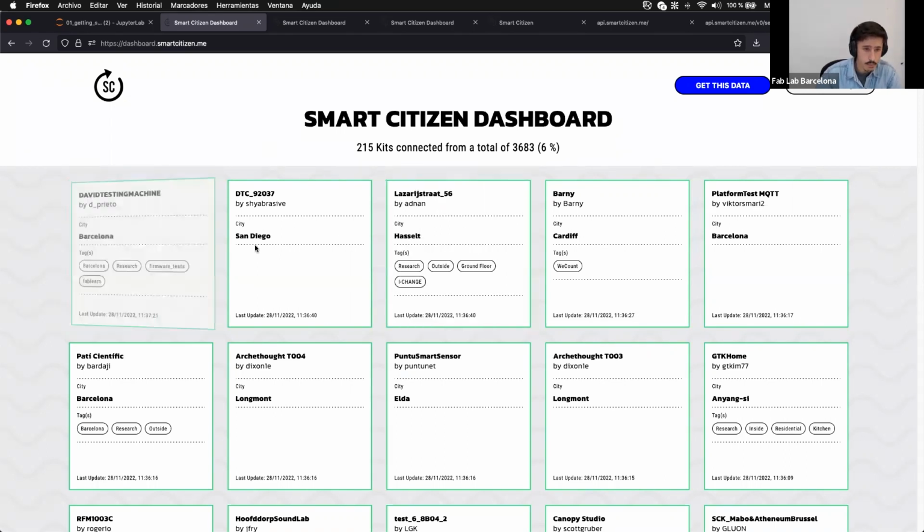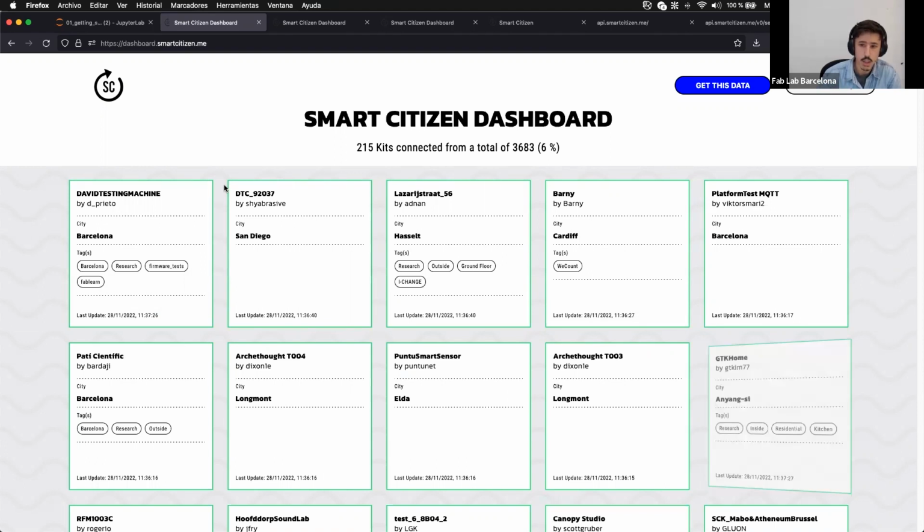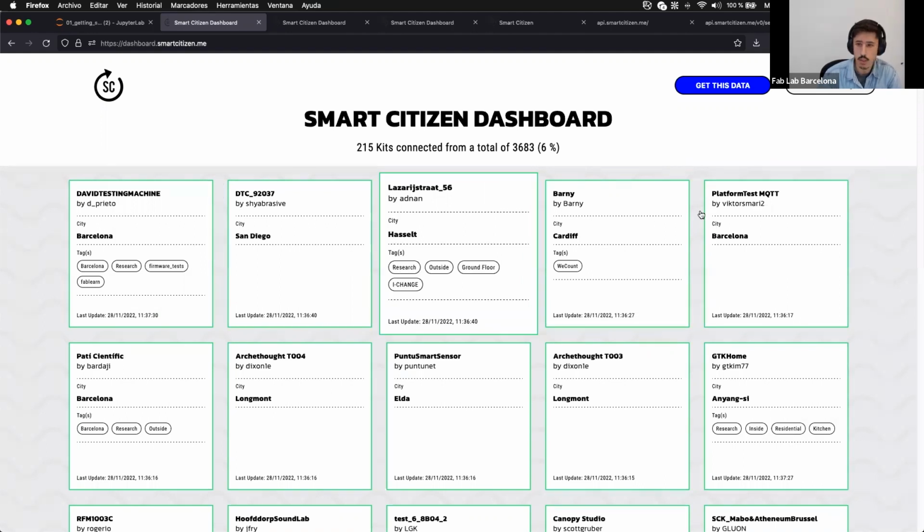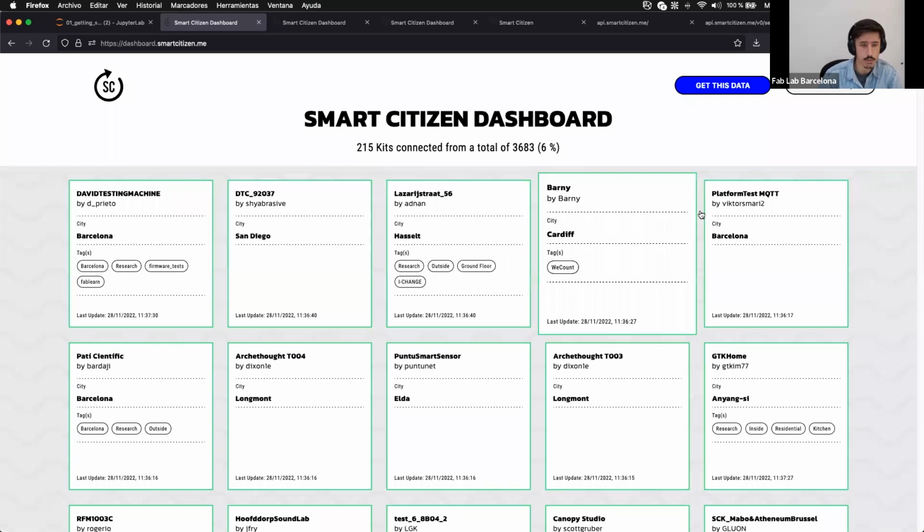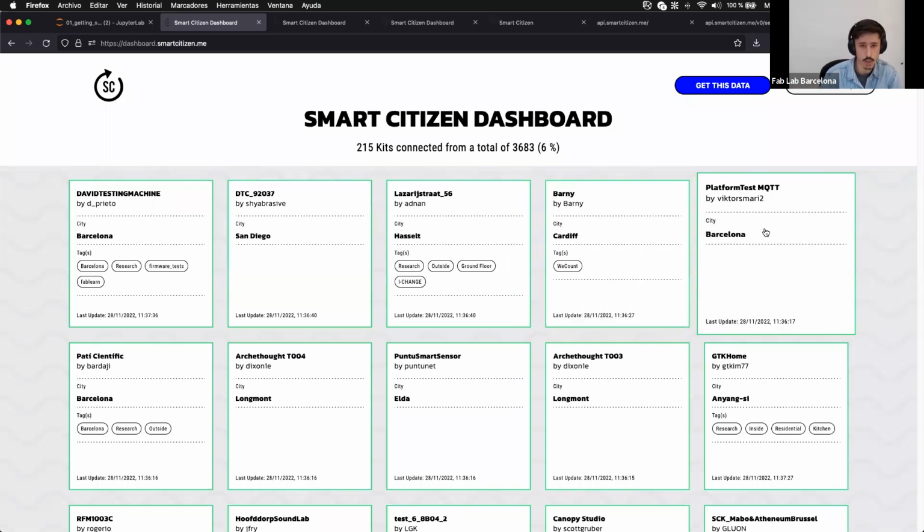You see that some of the devices do a little animation, and that is that they send data to the platform. Basically, you can click on any of the devices and you will go, we will see in a second, to another